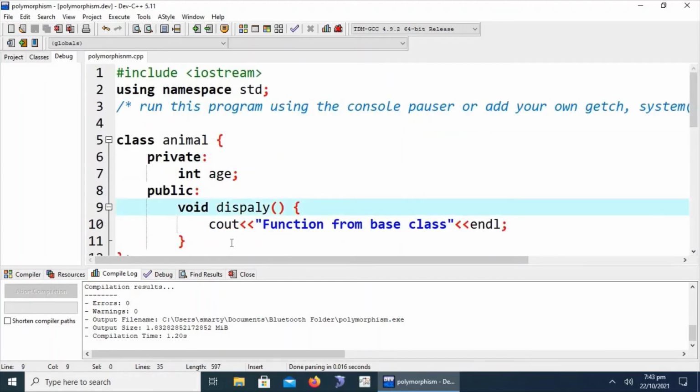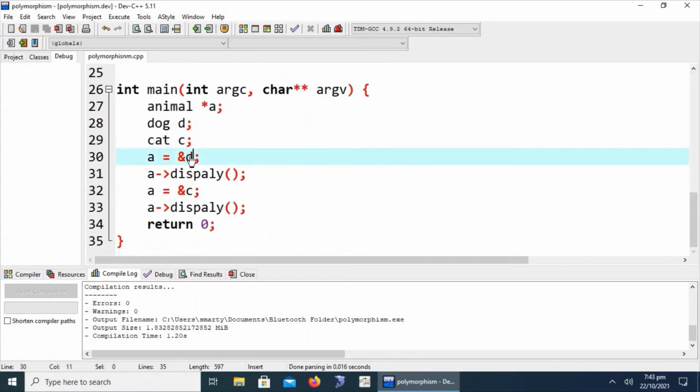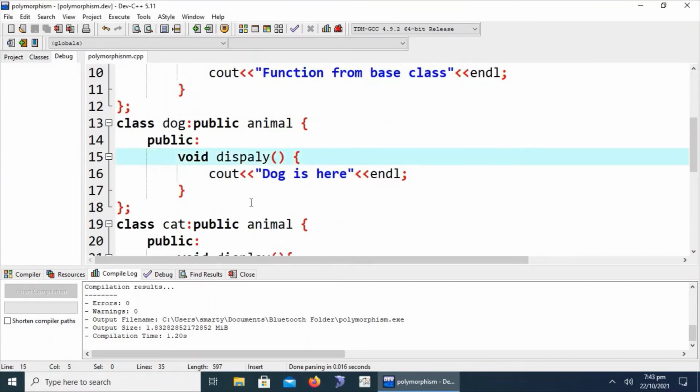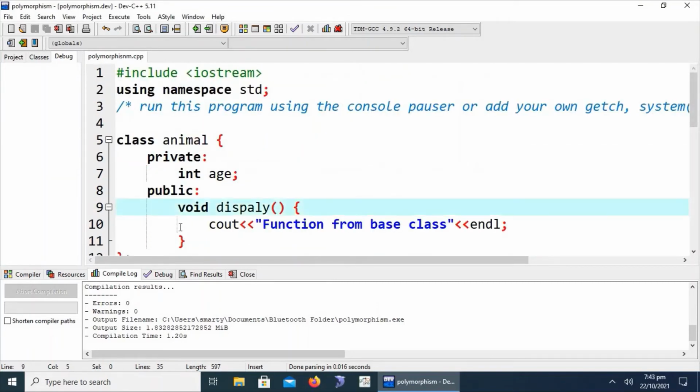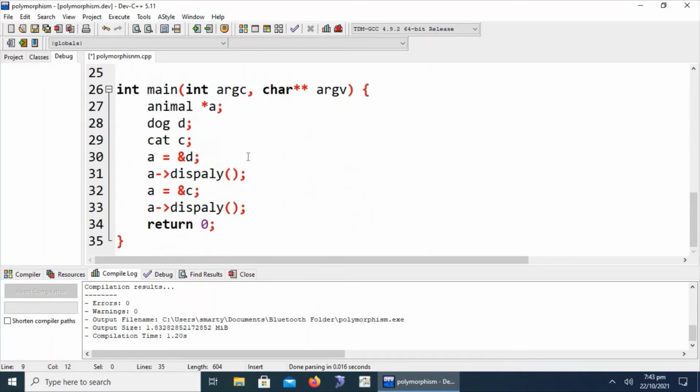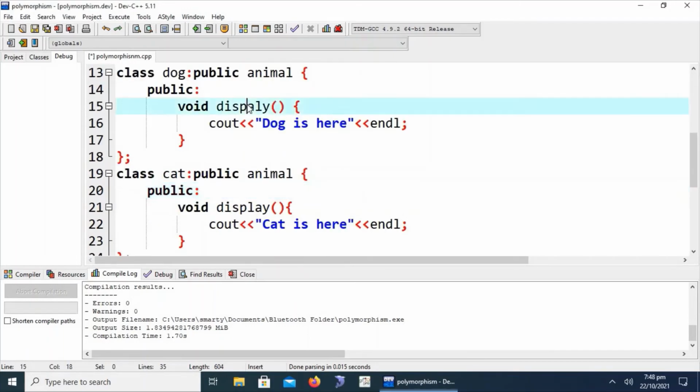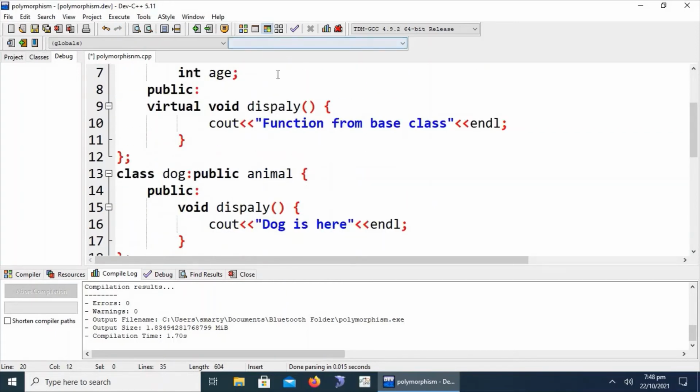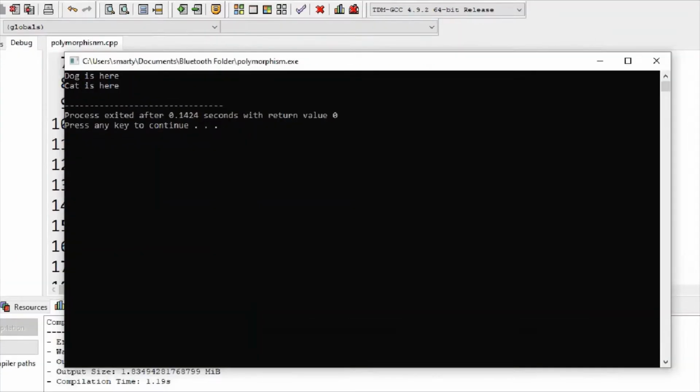Now we are going to implement polymorphism using the virtual function to make this object behave differently according to the scenario. At compile time, we have to introduce a virtual function in the base class. If we declare the virtual function in the base class, we just have to add the keyword virtual void display. Okay, before compilation I am noticing that the function name is mistakenly typed differently. Let's start compiling the code and see what the result is.